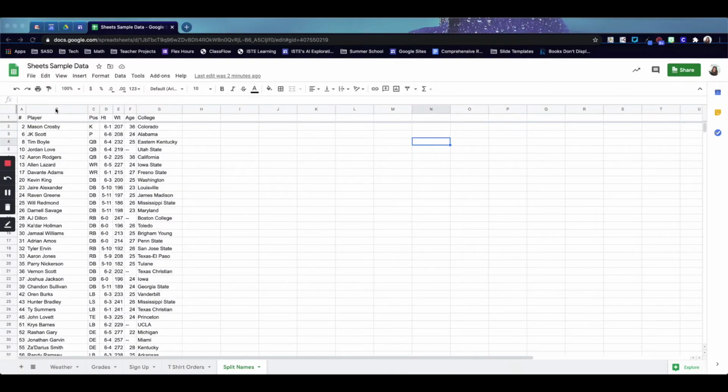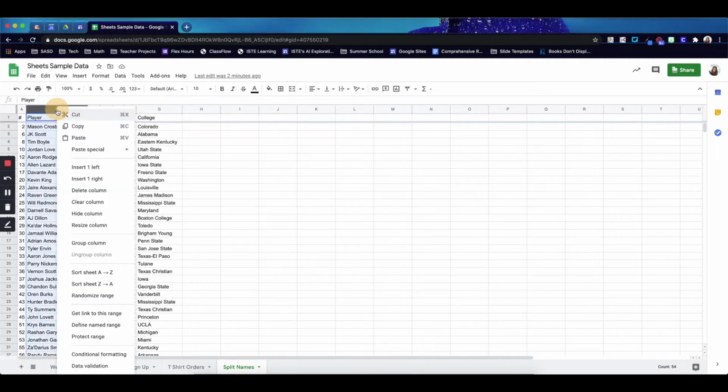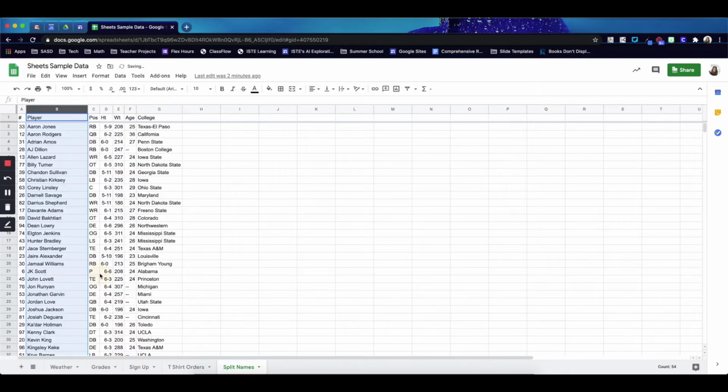There might be times where you need to sort a Google Sheet by name. So in this case, if I click on the column B, which has my names, and I go to sort the sheet, because the first and last names are all in the same cell, it's going to actually sort it by first name rather than last name, which may not match my gradebook or other place I need it to